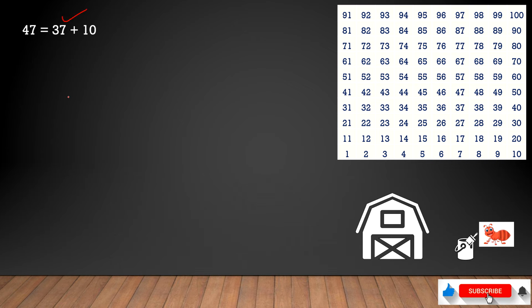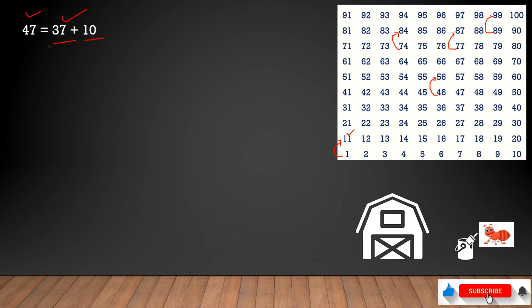Here if you look at this 37 and you want to add 10, we'll get 47. We'll see how we can add 10 to any number in this table. So remember one rule, if you add 10 you will reach the above row with the same number. Okay, so it is 1 and if you add 10 to 1 you will get 11. Similarly, if you add 10 to 46 you reach 56. If you add 10 to 77 you reach 87. So adding 10 is an easier task, right?